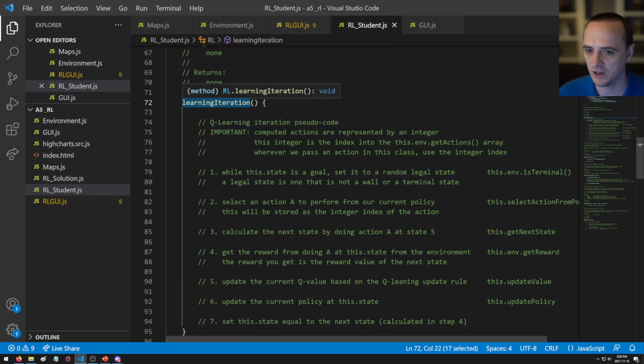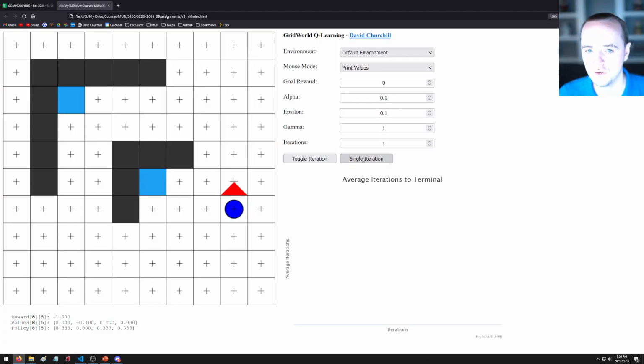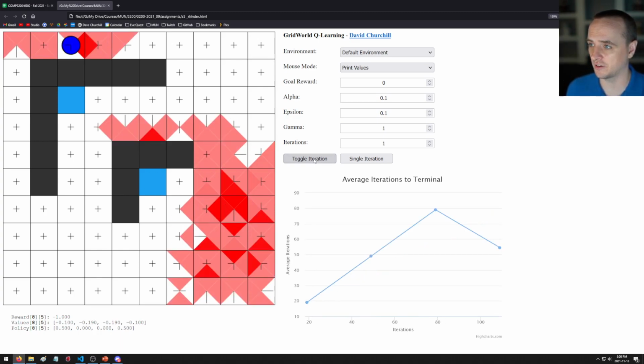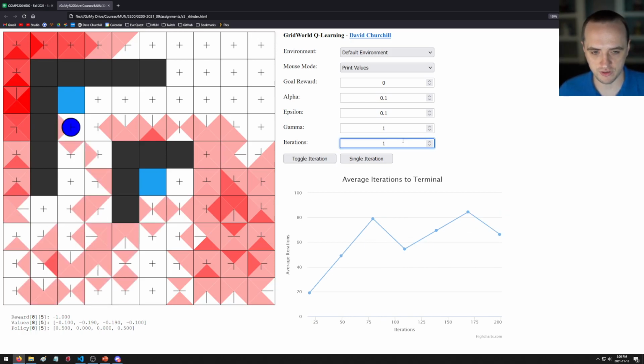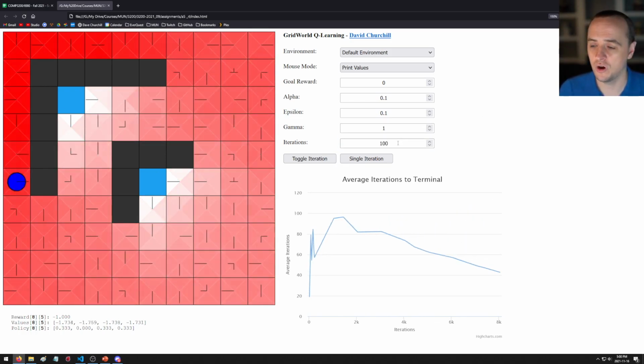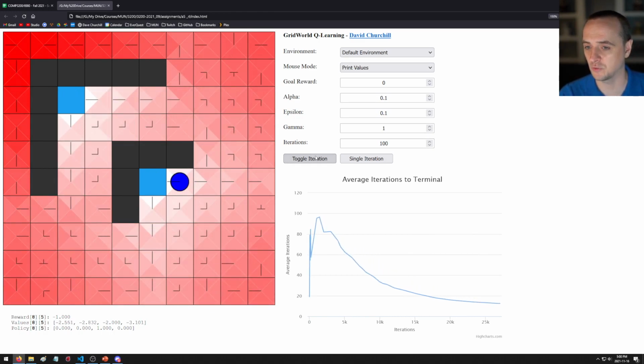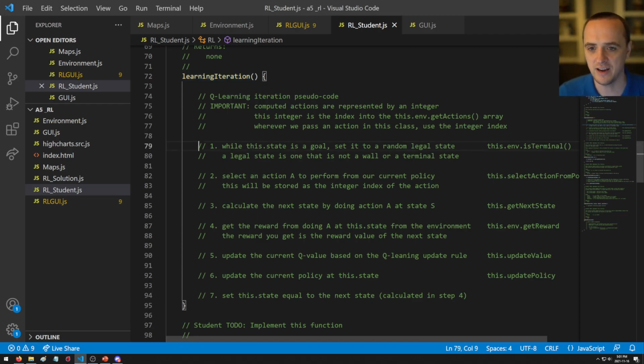So this learning iteration function, if you click single iteration, then it will do a single iteration. It'll call that function once. If you click toggle iteration, it will do that 60 times per second. However, if you turn this up to 100, it'll do 100 iterations 60 times per second. Okay, so that's what that does. The learning iteration function is what matters, and in here is where you do QLearning